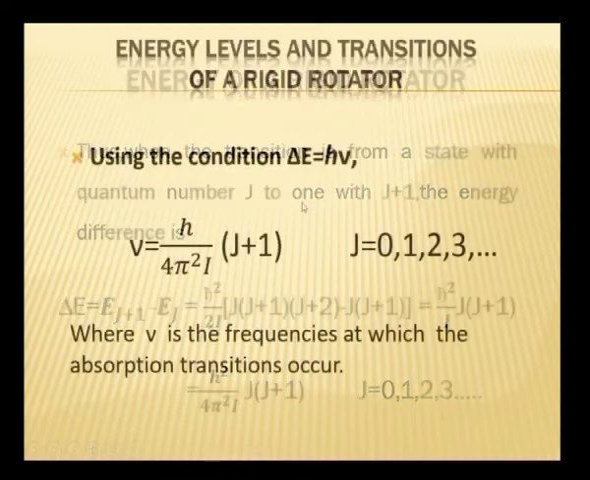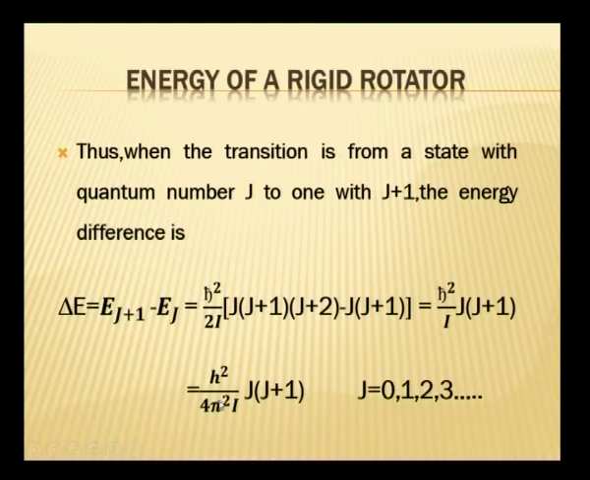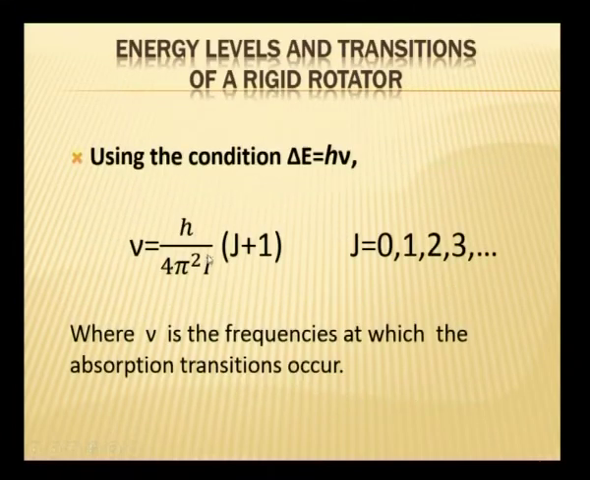E is equal to h nu, and therefore, we can now write delta E will be equal to h nu. Look at the expression for delta E, h bar square by 4 pi square I into j plus 1, that is now equated to h nu. That is what I am doing now. That becomes this thing into j plus 1. What is nu? Nu is the frequency of radiation which will be coming out when the rigid rotator gets transformed